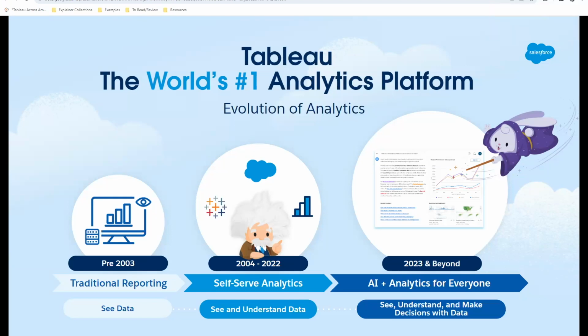So we want to get rid of that report factory. We want you to be able to use the tool, answer your questions, make decisions to serve your constituents, and make that time a lot shorter in order to get the answers that you're looking for. And then where we're headed in the future here is some predictive analytics. What is your data telling you, and what are the next best steps to maybe solve a problem that you're looking for?